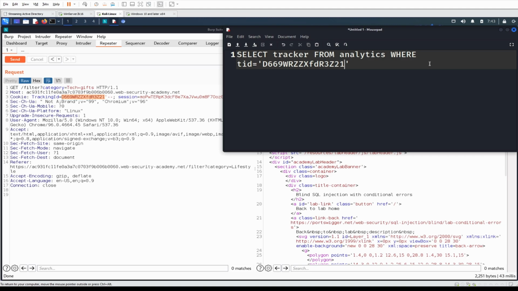Now, we don't know whether it's MySQL, Postgres, Oracle, or whatever yet, but we can figure that out. So the first thing we're going to do is figure out what database management system it is. One way we can do that is the union technique. So we can do union select 1. We can just do 1 for now. If it has to be a string, we can change it to a string. And we can comment out the rest and see what happens. So if we put this in here